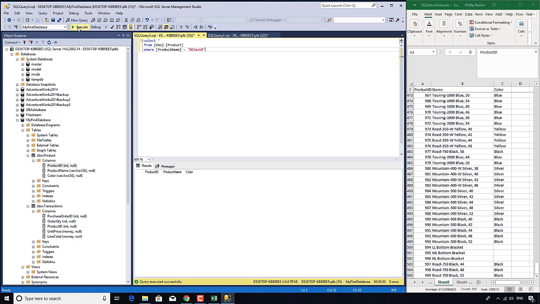So if I execute that, oh, still not working. Because again, we're not telling the computer that these percentage signs are wildcards to be used. So instead of using the word equals, we use the word like, where the product name is like